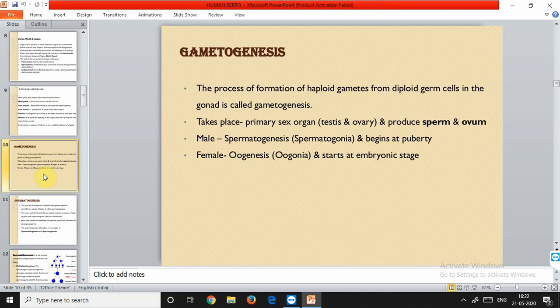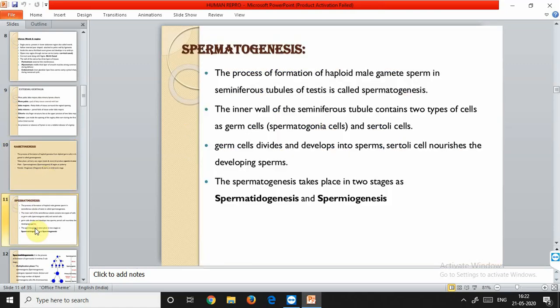We'll talk about spermatogenesis first. The entire process of spermatogenesis can be divided into two main phases, the first being the formation of spermatids. The male gonad, the testes, is the site of spermatogenesis, meaning the process occurs inside the testes. In each vertebrate there is a pair of testes, which remain attached to the dorsal body wall by a connective tissue called the mesorchium.